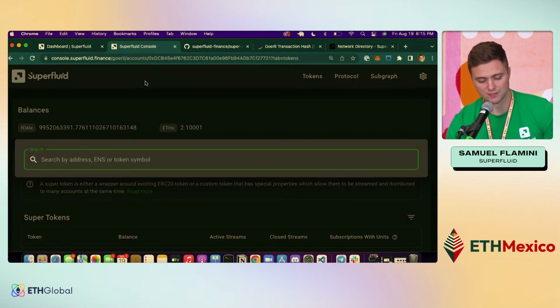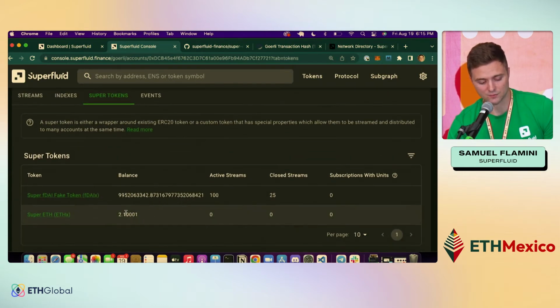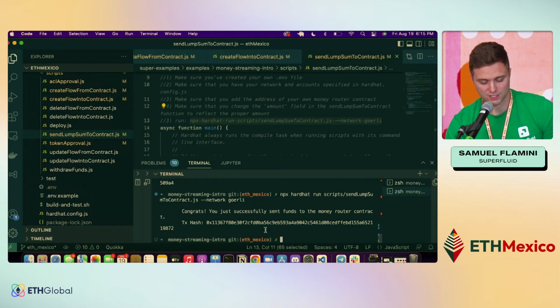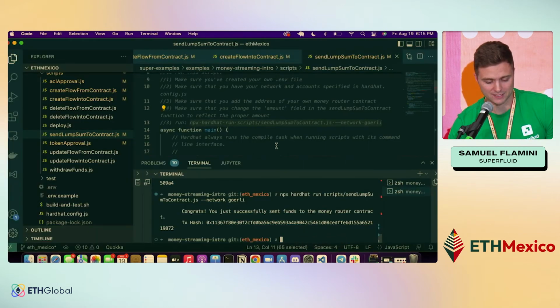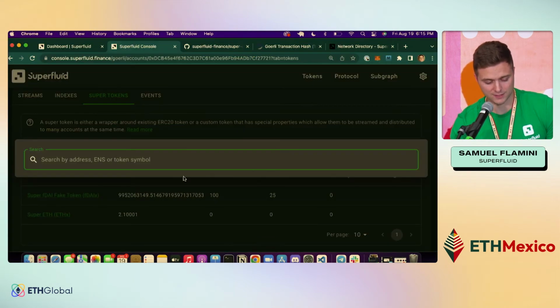Right, so as soon as it receives funds, I'll be able to search it just like I was able to search this address. And we'll be able to see that this now has some super fake DAI tokens. Okay? So let's make sure that approved. All right, we just successfully sent funds to the money router contract. And oh, that's not what we want to do. We want to paste in the address of this contract. Okay, so I'll paste this in.